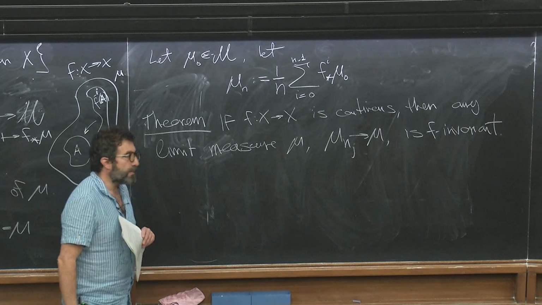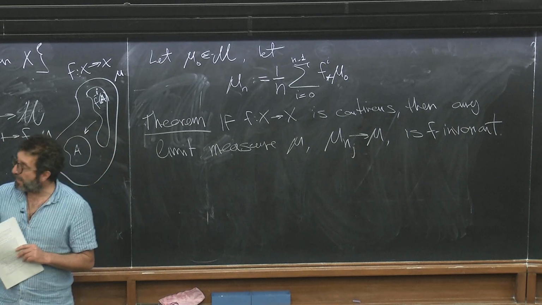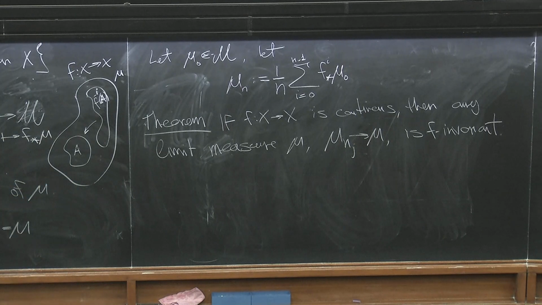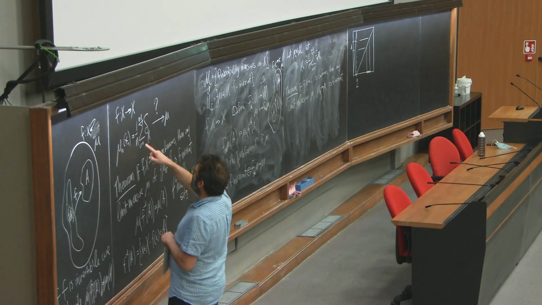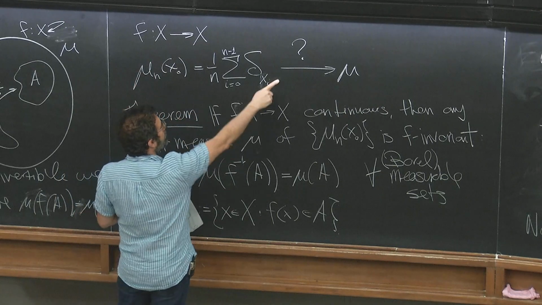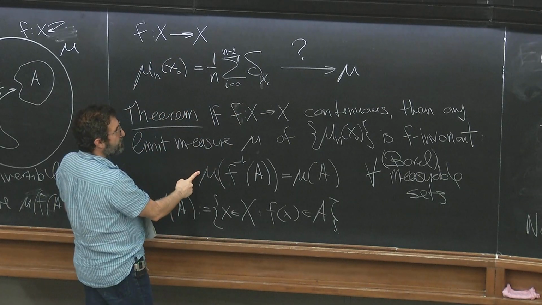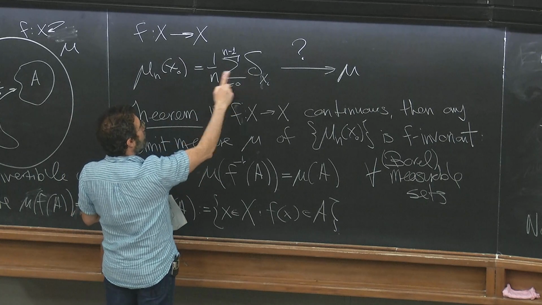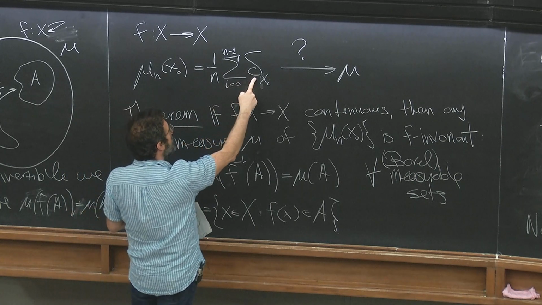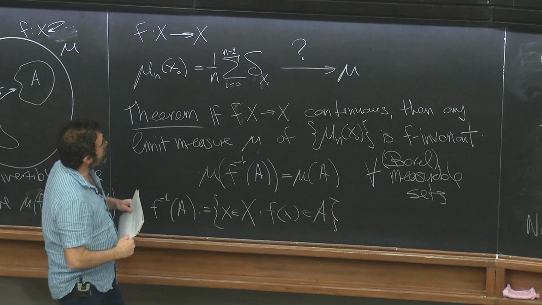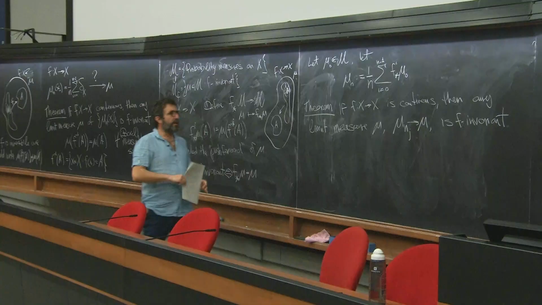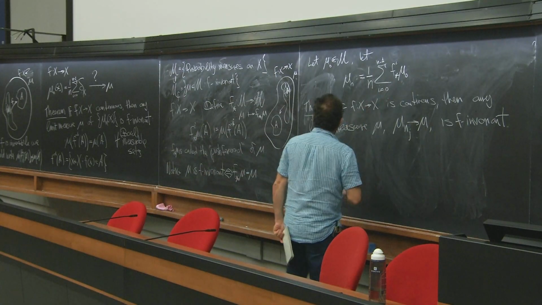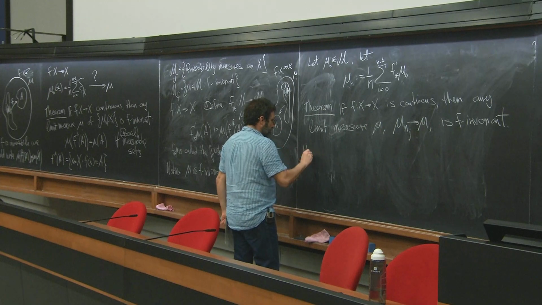So now this is a generalization of the theorem that I wrote right at the beginning, right? The theorem I wrote at the beginning is that if f is continuous, then any limit measure mu of this sequence here is f invariant. This sequence is the limits of the Dirac delta averages. Now what is the relation between this and that theorem there? Well, interestingly, if we take mu0,